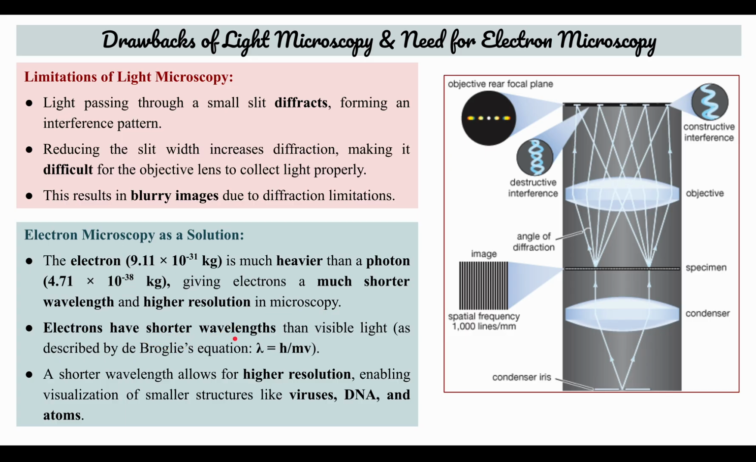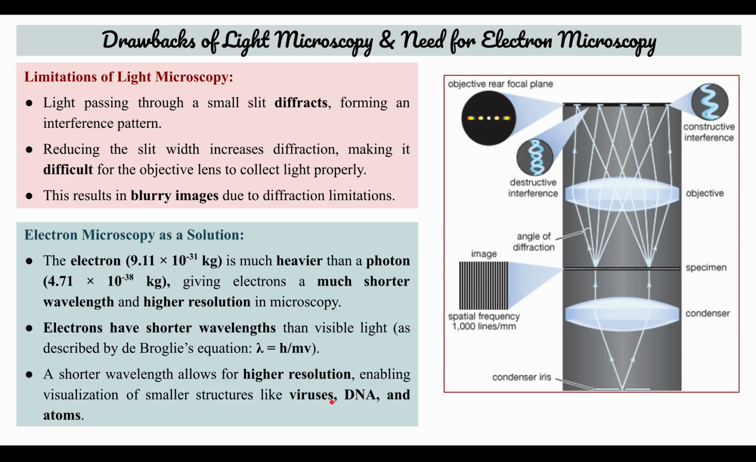So electrons will have a shorter wavelength than visible light, as described by the de Broglie equation, which is lambda equals h by mv, where lambda is the wavelength, h is Planck's constant, m is the mass, and v is the speed of light. In this case, as the mass increases, the wavelength decreases. Electrons have heavy mass, so that's why they have shorter wavelengths. And if they have short wavelengths, then they can visualize even smaller particulate matter. So a shorter wavelength allows for higher resolution, which enables the visualization of smaller structures like